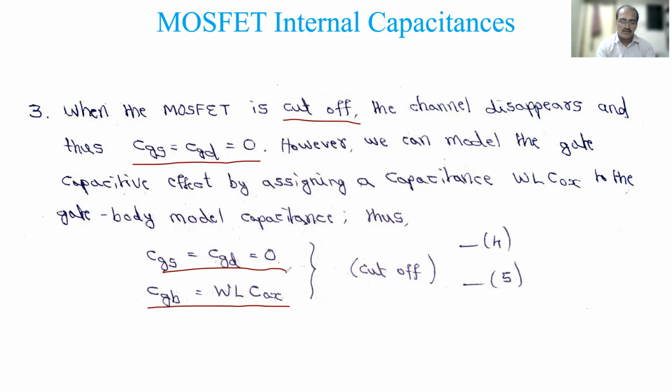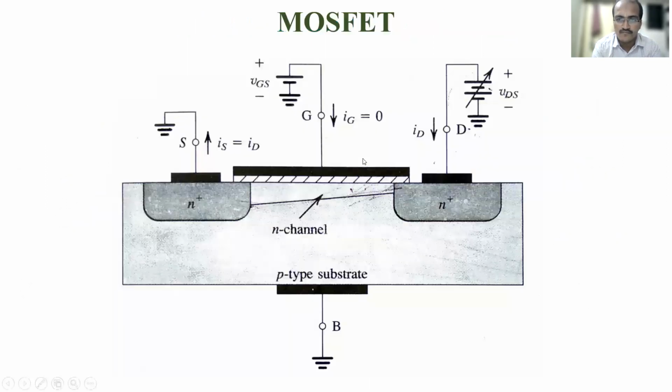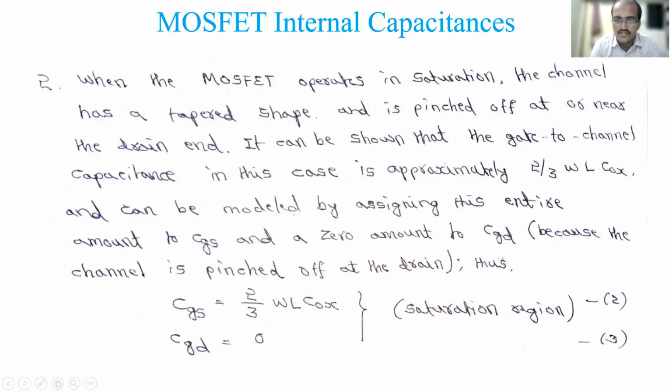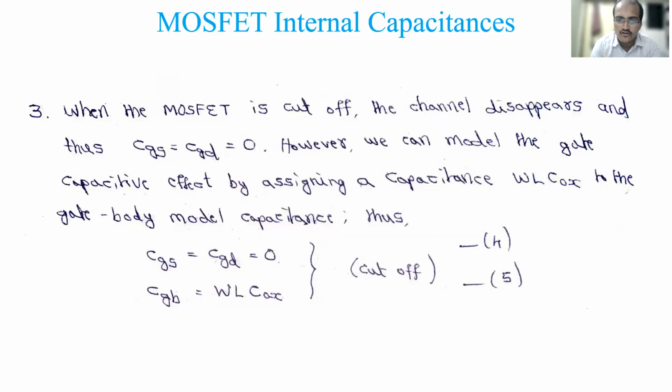Now there is one more point. Along with these capacitances, there is something called overlap capacitance, which we need to add to all the equations. I have given equation numbers every time, right? 1 to 5. So for all these equations, we need to consider this additional capacitance, even in the calculations also. We'll show you one problem. I started off with CGS, CGD equal to 1/2 WLCOX, that is the triode region equation 1, and equations 2 and 3 I have shown you for saturation. For cutoff, equations 4 and 5. I've shown you 5 equations.